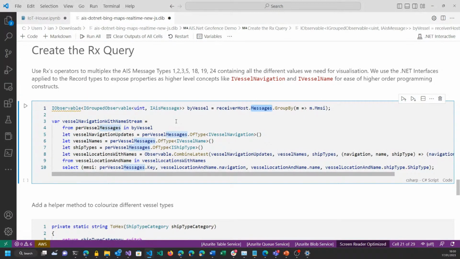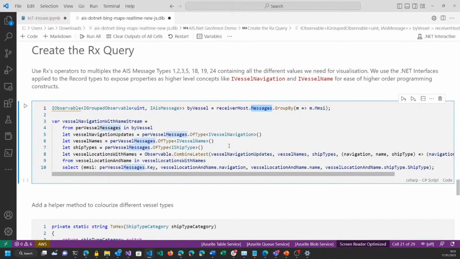Ships with GPS transceivers in them send out their location relatively often. They send out messages with their location and speed and heading and a few other things like that, maybe every few minutes, maybe every few seconds, depending on how fast they are moving. They also send out messages that describe the ship's name and its width and its length. They don't send those out very often, because ships don't tend to change size as often as they change position, not unless you're having a really bad day in the ocean. So they tend to give us the vessel name type messages much more infrequently. So if we want to show on a map names and locations, we have to somehow reconcile those two things. We have to join them back together.